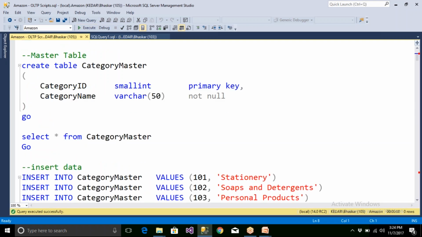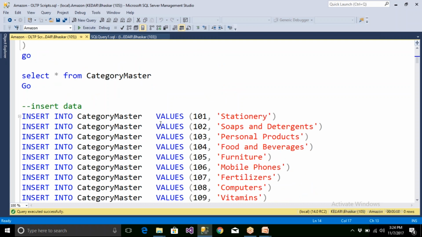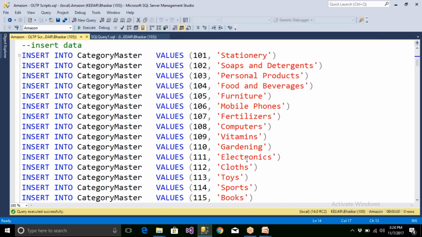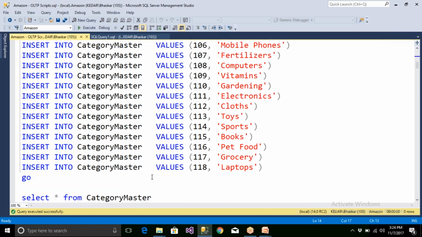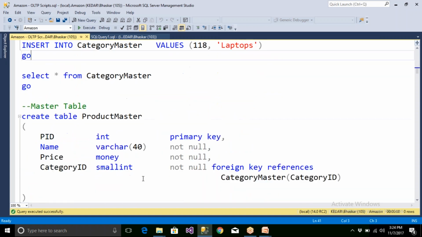I'm able to create a category master table with category ID and category name. Then the data got inserted in this: 101 stationery, soaps and detergents, personal products, something like that. We have a lot of categories. The second table I'm going to create is a product master. Whenever you see table names with master, you can say those are OLTP tables.